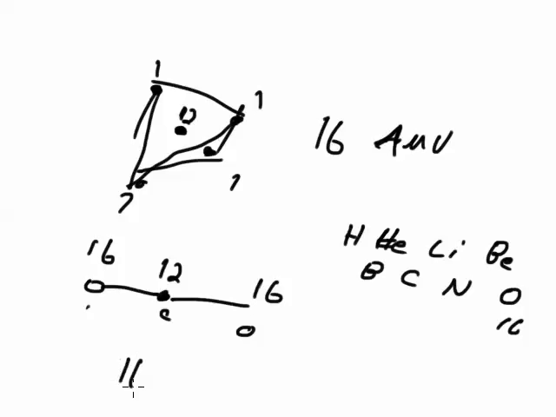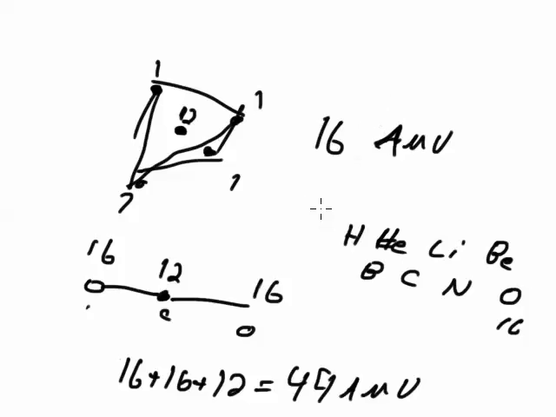So we'll be adding 16 plus 16 plus 12 is about 44 atomic mass units. So you notice that methane, it's about 3 times as big